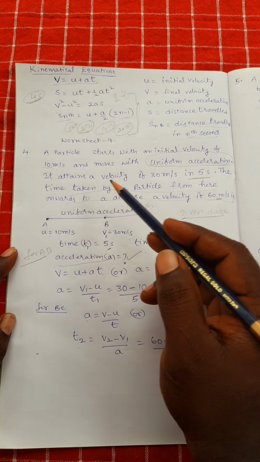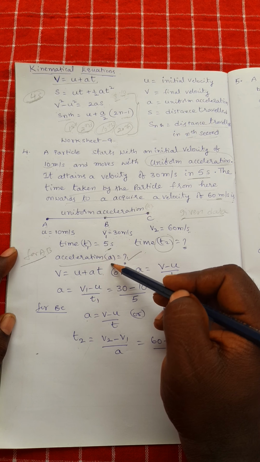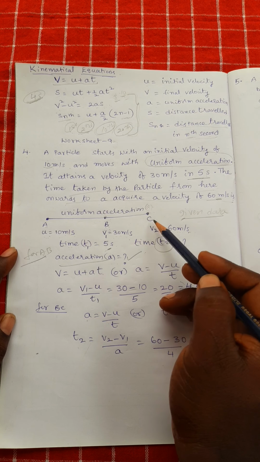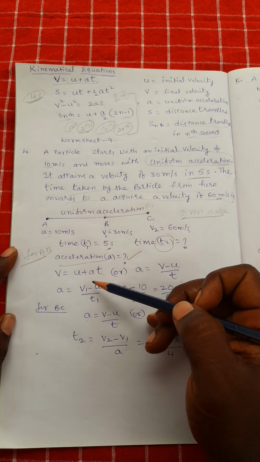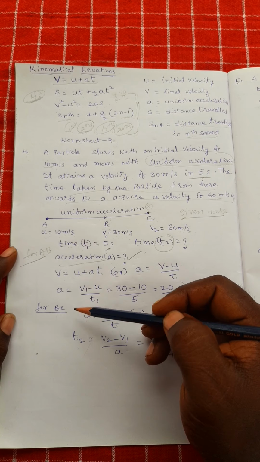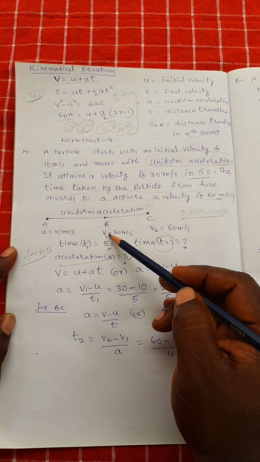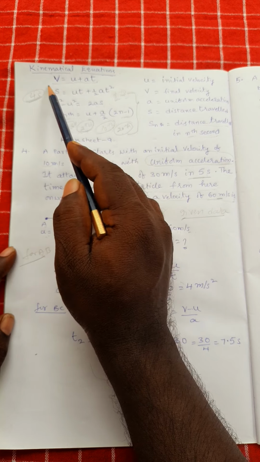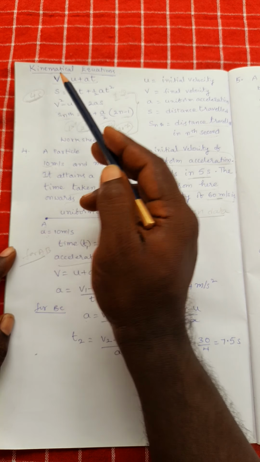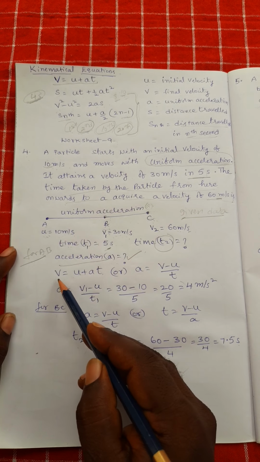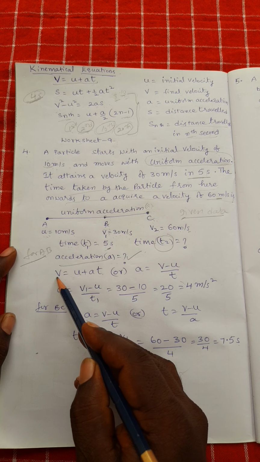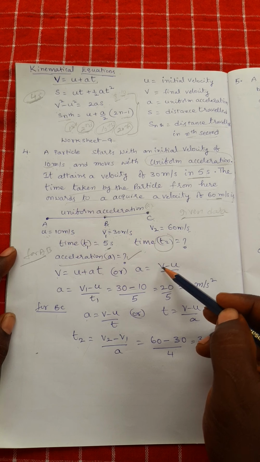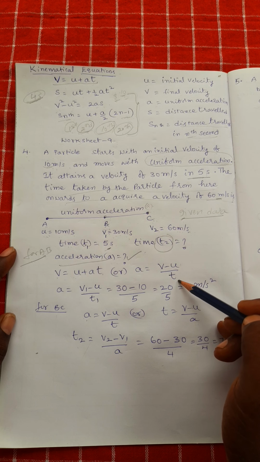The particle is moving with uniform acceleration, which is used for case 2, from B to C. So which kinematical equation will be related to this problem? Here we have U, final velocity V, and time T. So UVT to find A, the first one we can use here. The first kinematical equation is V is equal to U plus AT, from this A is equal to V minus U by T, change in velocity by time.